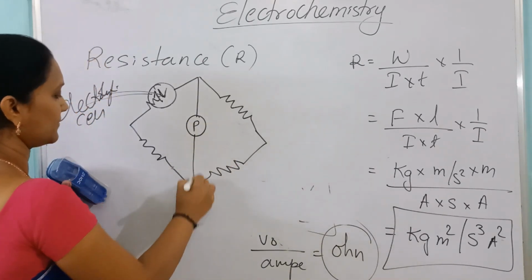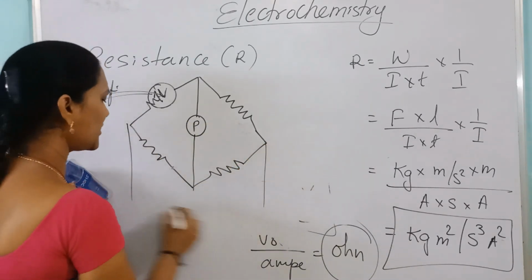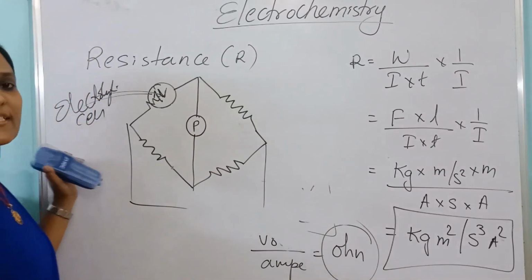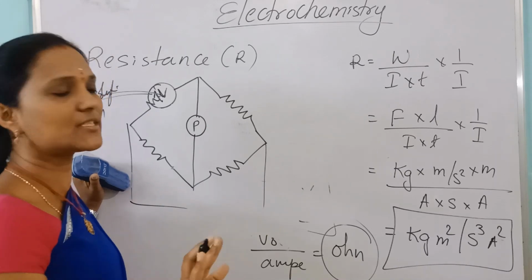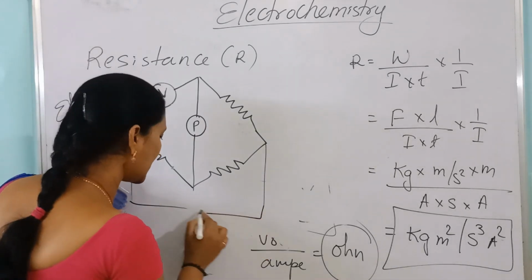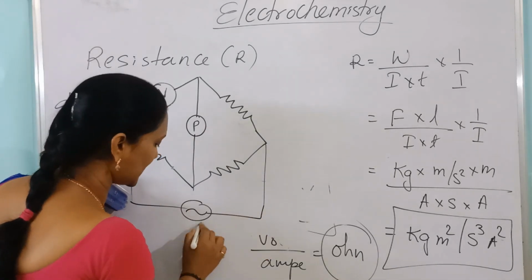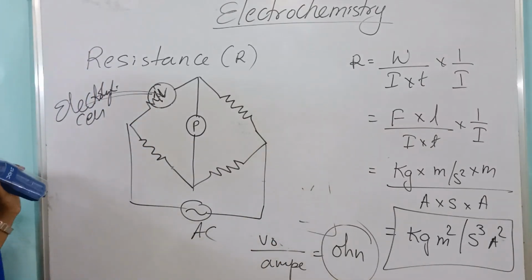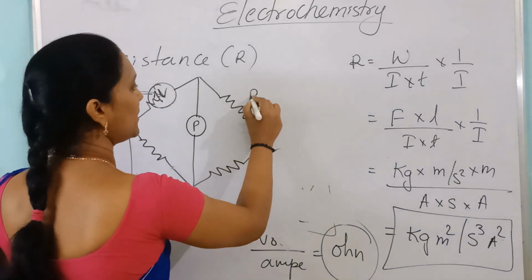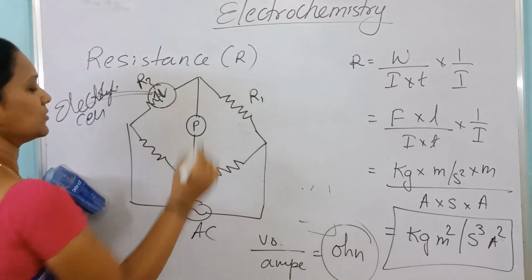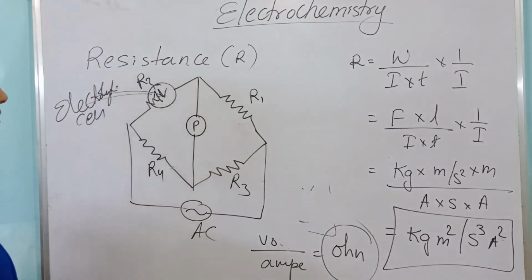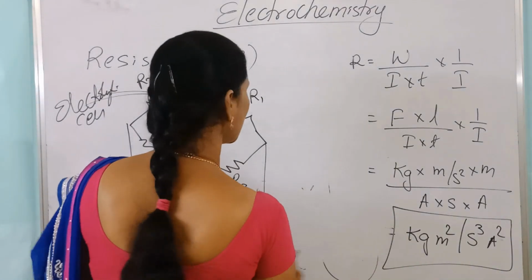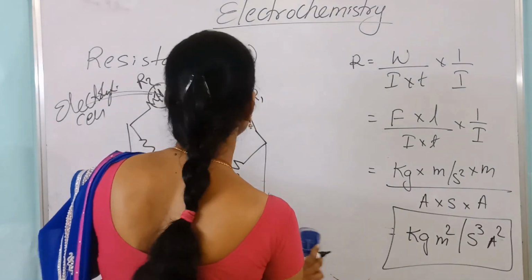Now here use earphones or headphones as a detector. Okay, do we have to use AC or DC? If DC is used in an electrolytic cell, then deposition of compounds, nothing but electrolysis, takes place. So just the source of AC. Now this is for example R1, this is R2, this is R3, R4. Now here just balance this, and no current flows.